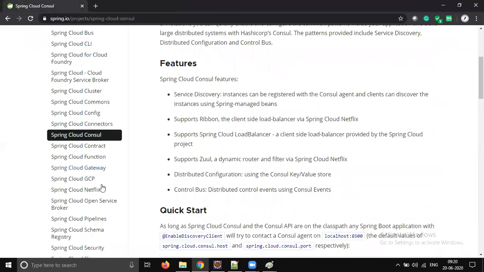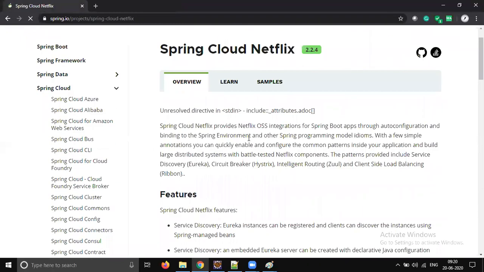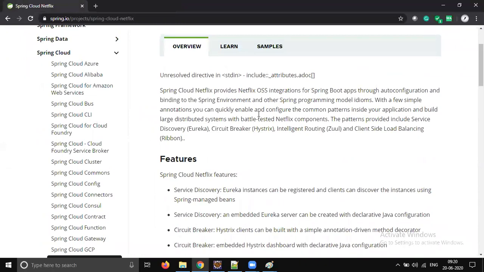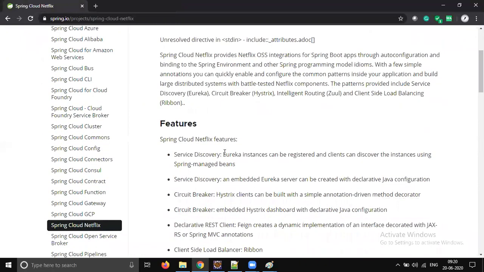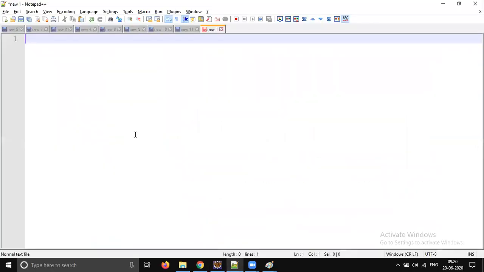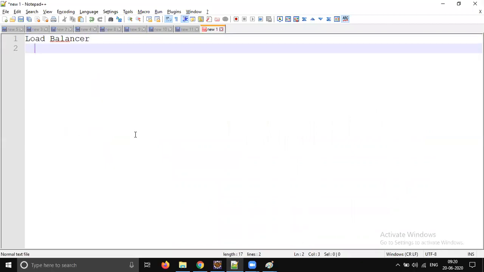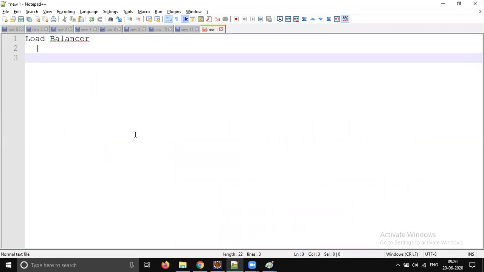But we are interested to learn open source. That's why we are going for Eureka. It's worth learning open source because that comes free of cost. Now we drill down to the Eureka level. So we are slowly coming down. I hope you understood. We started with the load balancer, and we decided that won't fit for us. Then we came to the next level called service discovery.